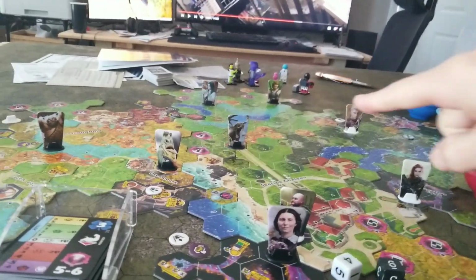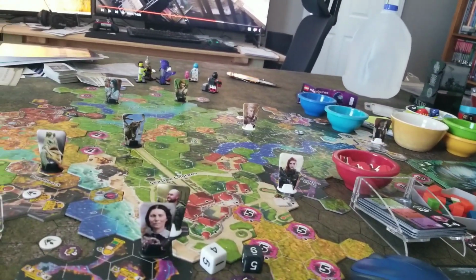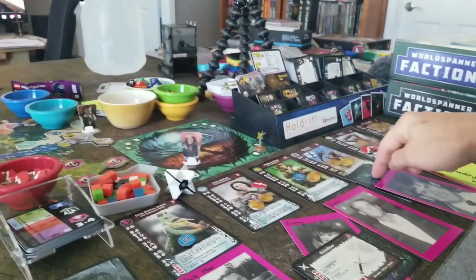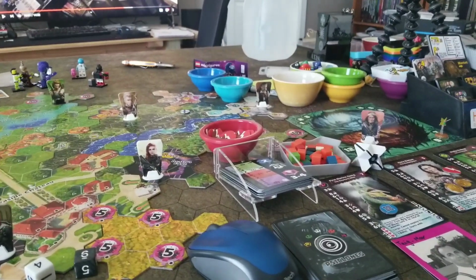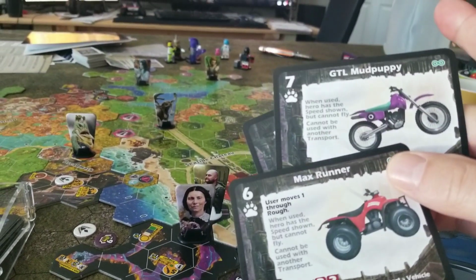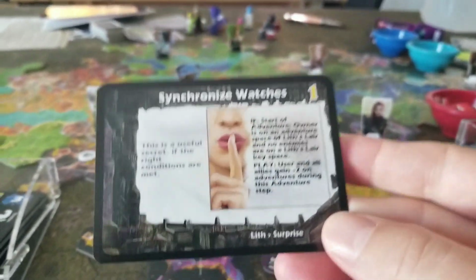I think Etamara, which is here, did very well over in Watchman Keep. He amazed, he or she, I'm not quite sure, Etamara the mother, so it must be a she. Amazed the adventure, got a bunch of cards. I don't remember what they are, but you know, it's not super important. It's not groundbreaking. Actually, I think so. Etamara, we got a 4-wheeler, and we got a dirt bike, and then we got a synchronized watches, which is